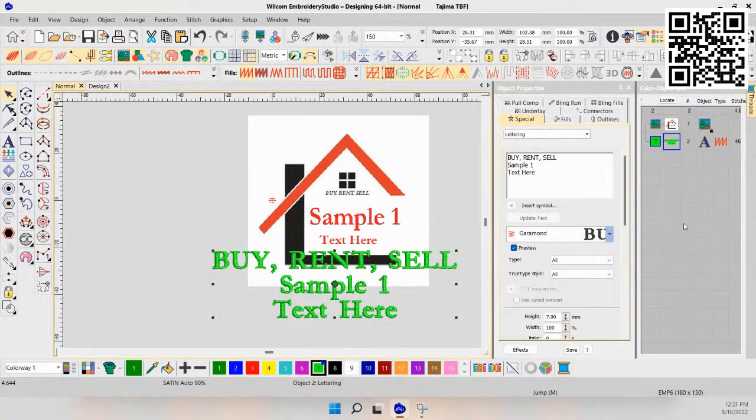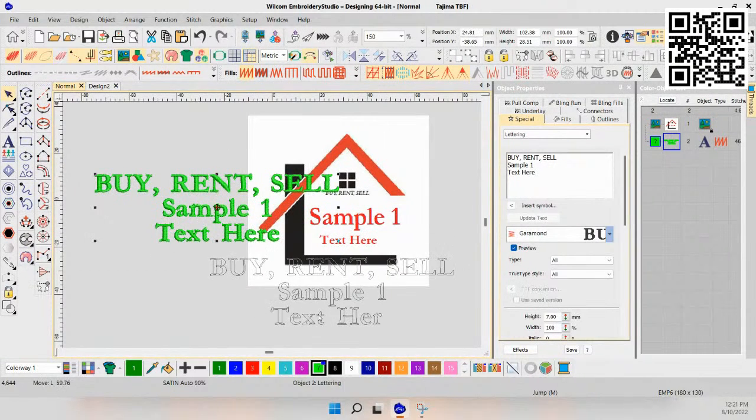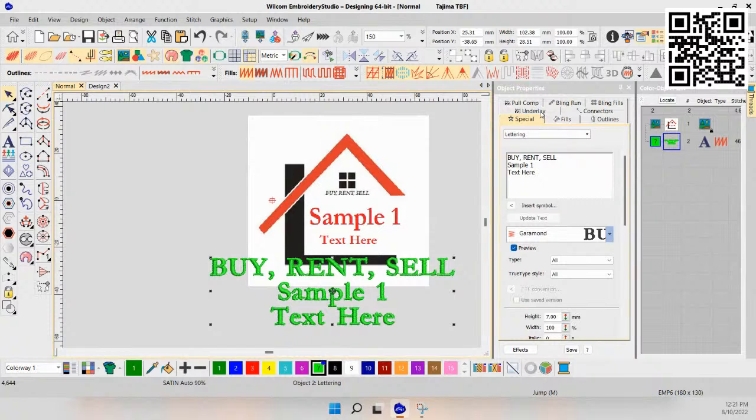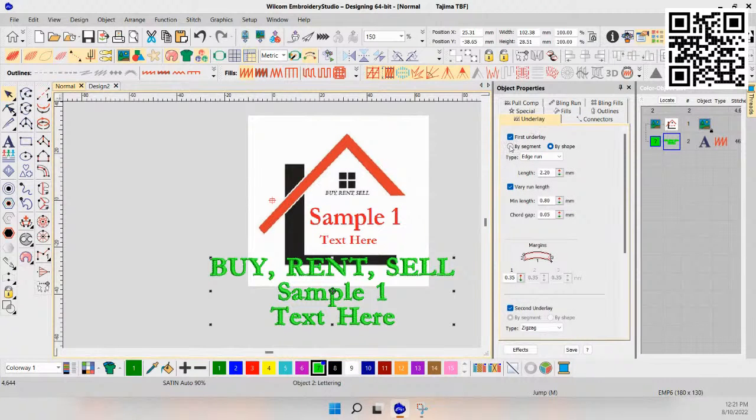But before I break these apart and resize them, I'm going to do some more global changes. Global just means I'm going to affect everything in that element. In this case, the element is all 3 lines of these letters. I'm going to go to the underlay and change it to a center run underlay, and I'm going to get rid of the zigzag. I do that with small lettering